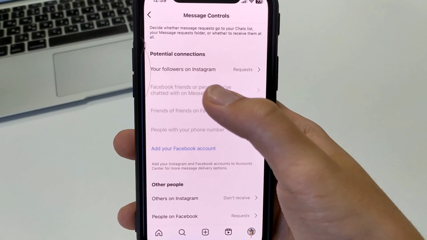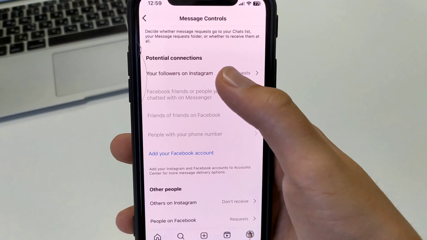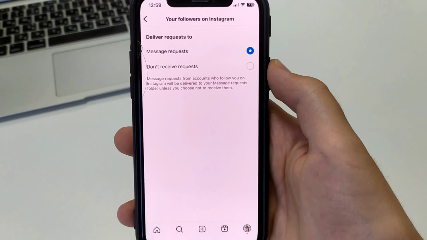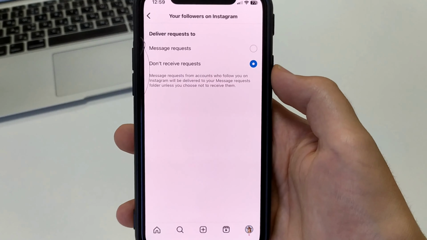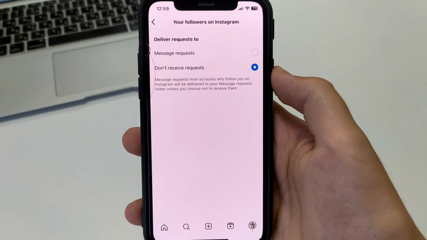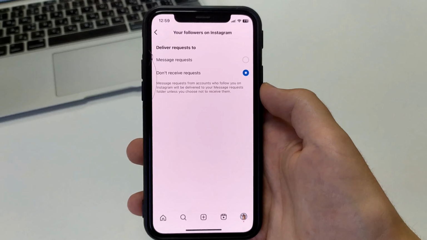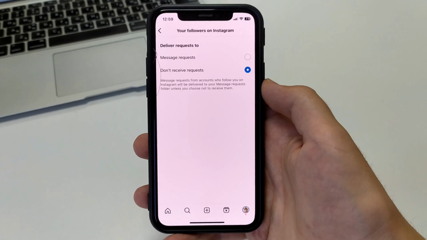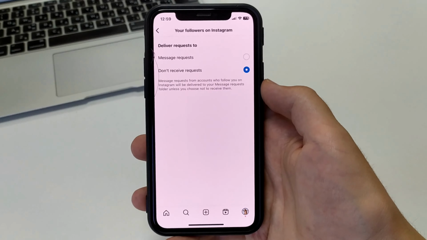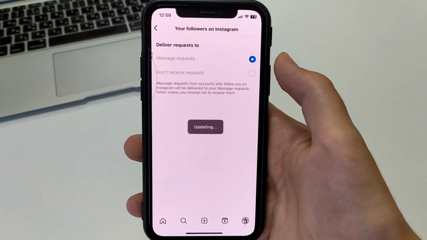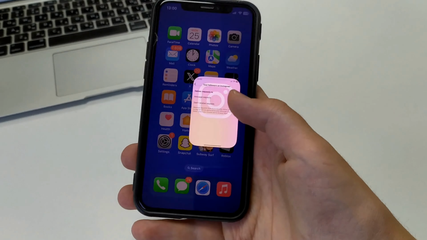In order for us to stop message requests on Instagram, we need to switch to the second setting, and after that, we will not receive requests. Only when a person subscribes to us, we will confirm this request, and then the person will be able to send a message. If you want to disable this feature, you can click here and turn it on, and also turn it off. So simple and easy on any phone and on any Instagram account.